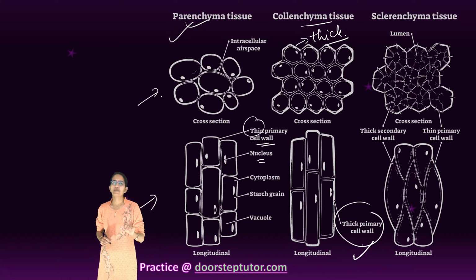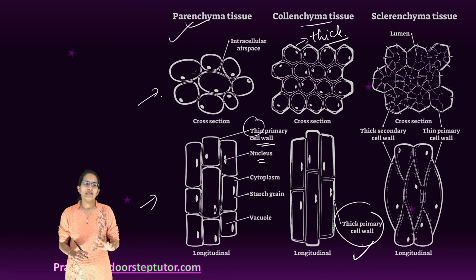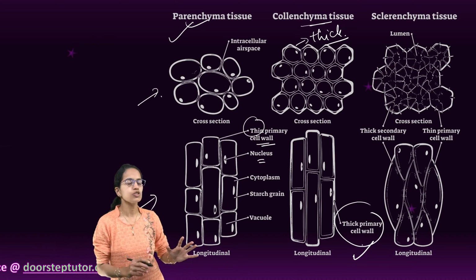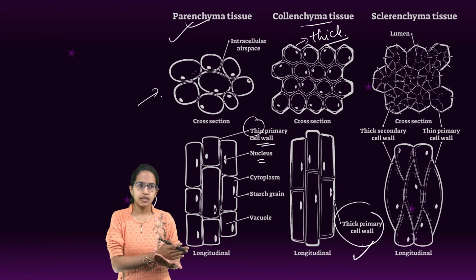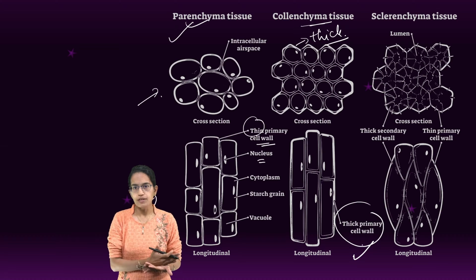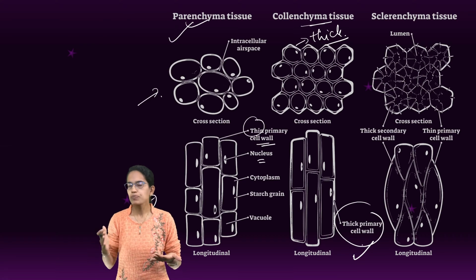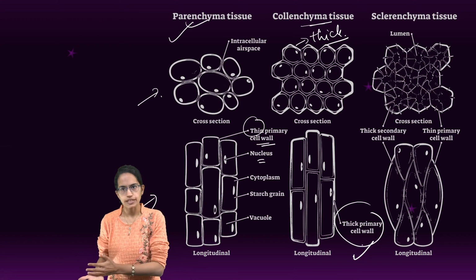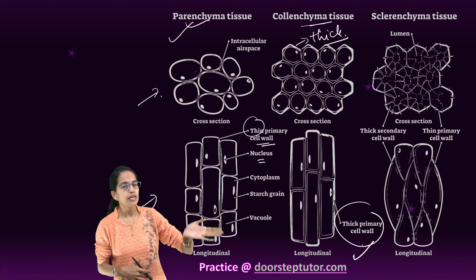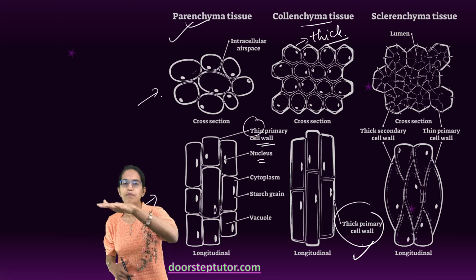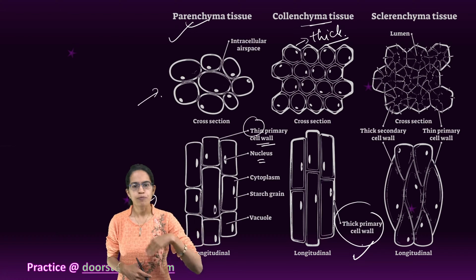Now, parenchyma, the main purpose is what? Parenchyma, the main idea is to store food, and if it is in a plant which has chlorophyll, it would have chlorenchyma, and the idea would be to synthesize food. Similarly, if it is a floating plant, it would be aerenchyma. The idea is to support the plant to float.